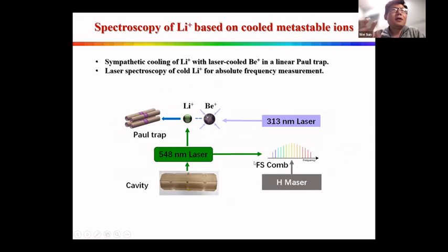So up till now, the spectroscopy of the lithium ions has been almost exclusively performed with a collimated ion beam, while the Doppler effect puts a restriction on the measurement accuracy, especially that of absolute frequency measurement. So in order, one method to reduce the Doppler effect is to use